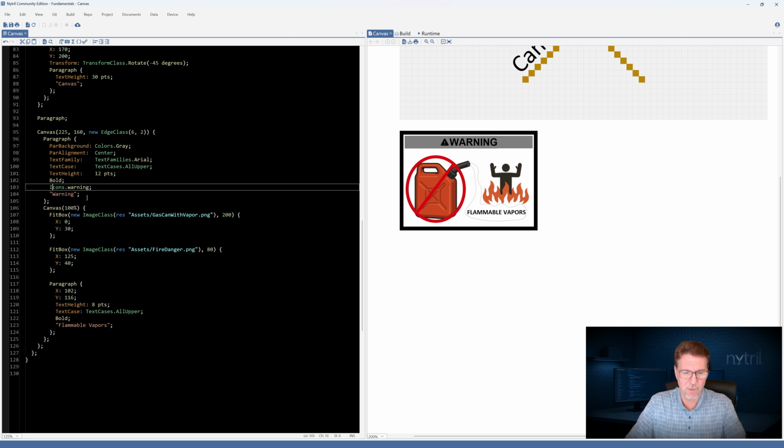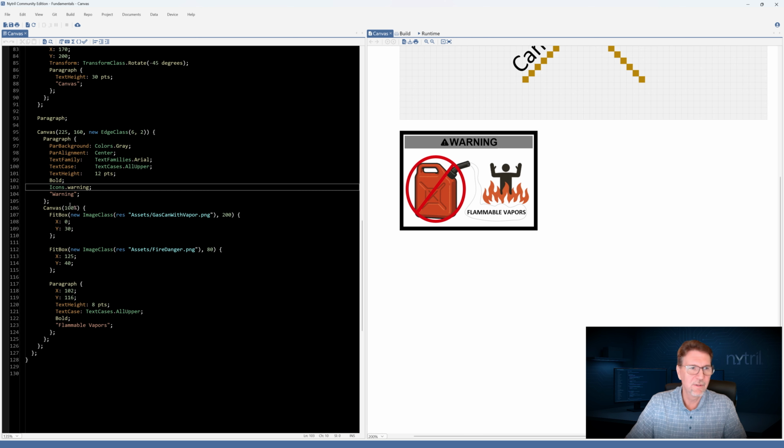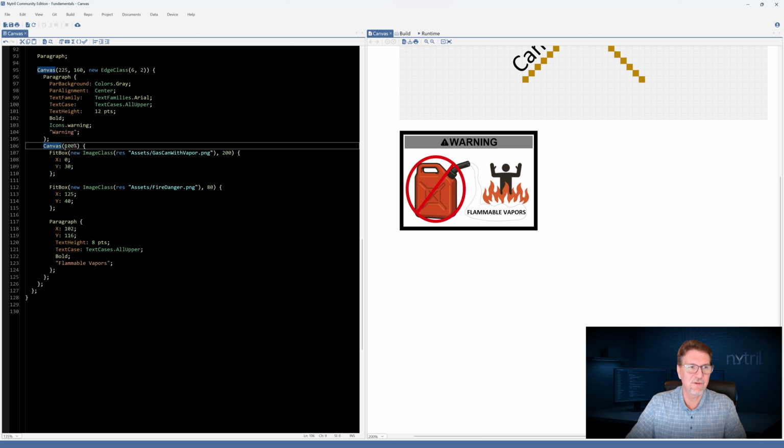If we press F1 on this icon here, we've got this whole list of icons that are available that you can use in your documents. And it's placing the word warning in there. So that's very straightforward. And then following that paragraph, we have a canvas that is 100% width being added to the bottom. And then very simply, we have a fit box with an image here, which is the gas can with the vapor symbol.